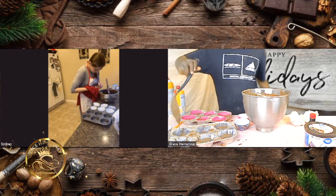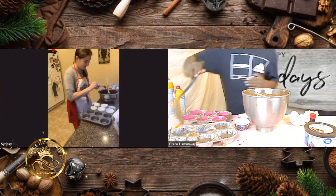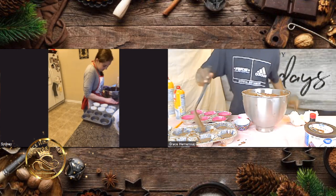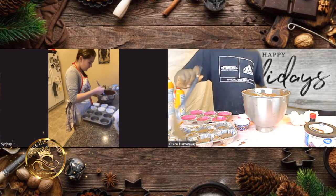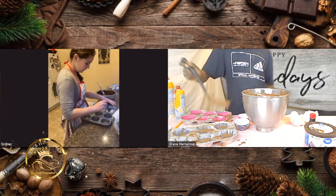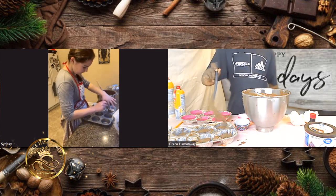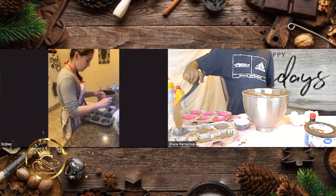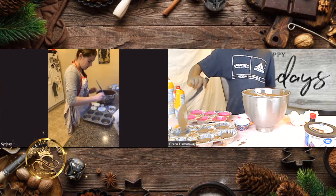I'm mostly getting it everywhere, but where it's supposed to be. I do that with the muffin. Okay, so go back and fill. Be careful not to overfill, but fill the ones that look a little less than half. And then if you still have more but are afraid to fill in case of overfill, I would probably just suggest making